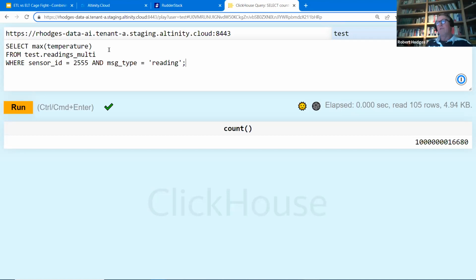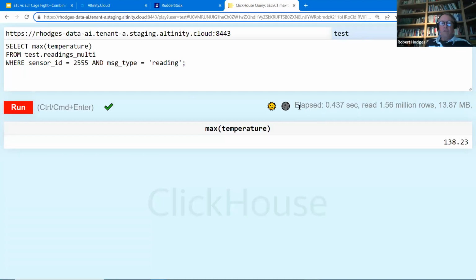I'm going to scan the temperature data to find the maximum temperature that was recorded by a device numbered 2555. Let's go ahead and run that query. And so there it goes. That is scanning using an index that allows us to loop into the right part of the data set. We had to read 1.56 million rows, but we got done in